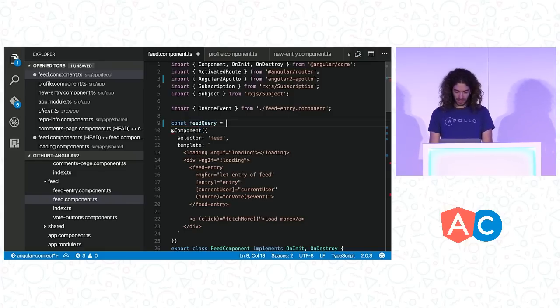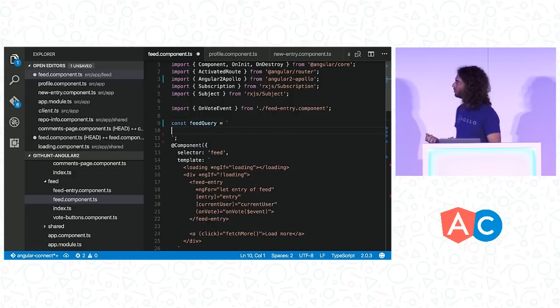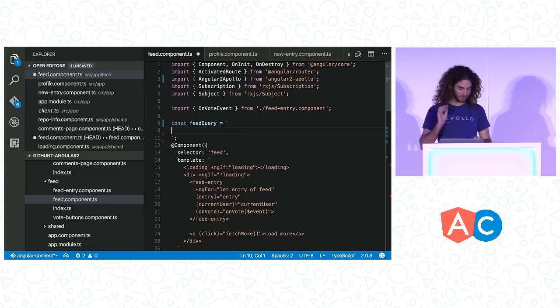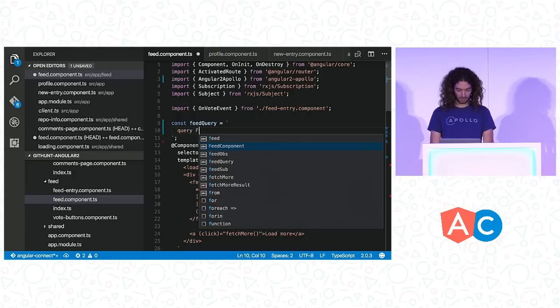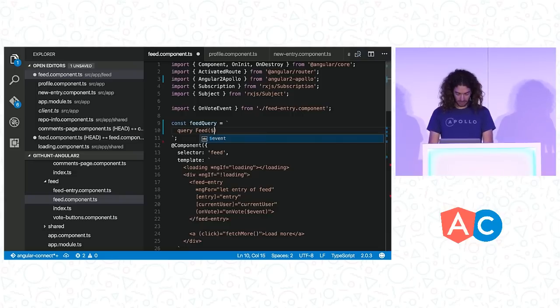And at the beginning, let's just do it like a simple string, okay? And let's just put query. We want to query feed. And we need to send it the type, which is, everything is typed here. So if you think about feed